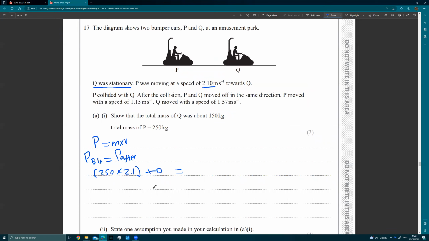That's equal to the total momentum after the collision. Well, P had a momentum of 250, which is the mass, multiplied by its new velocity, which is 1.15. And Q had a momentum of its mass, m, which is what we're trying to work out, multiplied by its velocity, which was